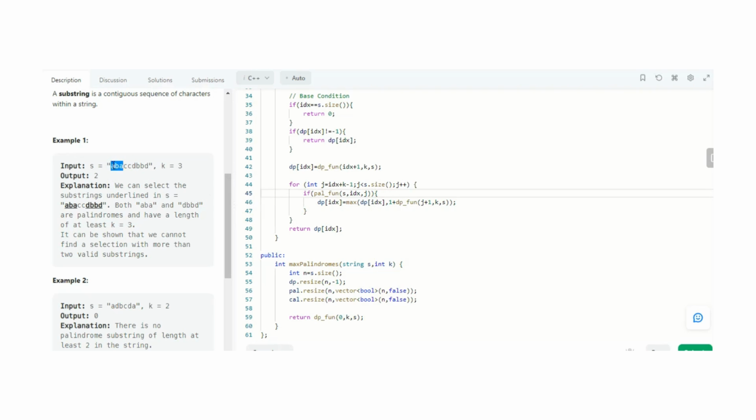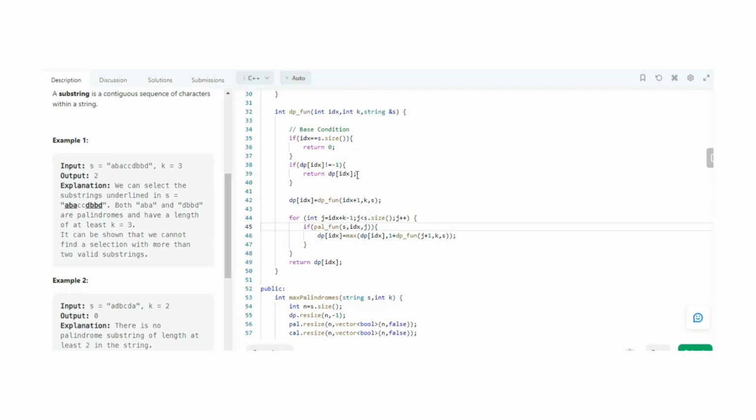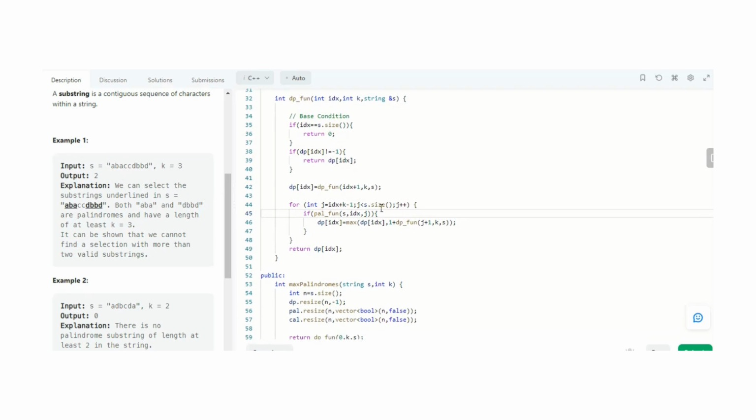As we have calculated it already, it simply returns that value, and now our IDX is incremented, and now it reaches B, and we need to calculate for this BAC. Similarly, we do this till we reach the end of the string, and we are storing it in our DP table.